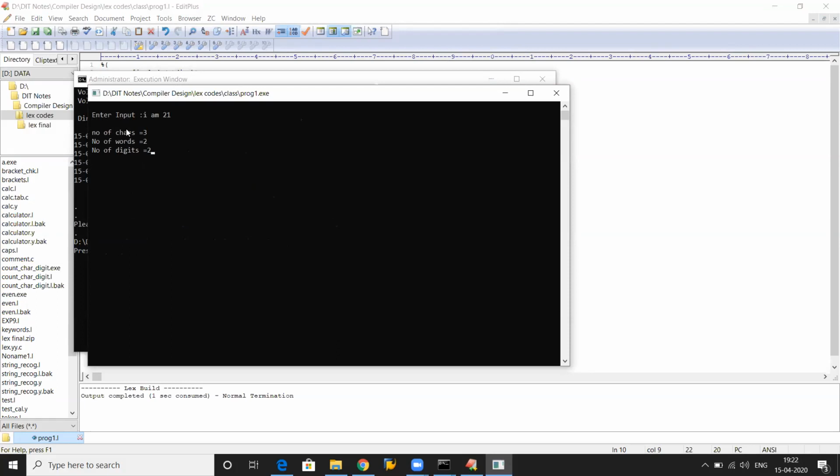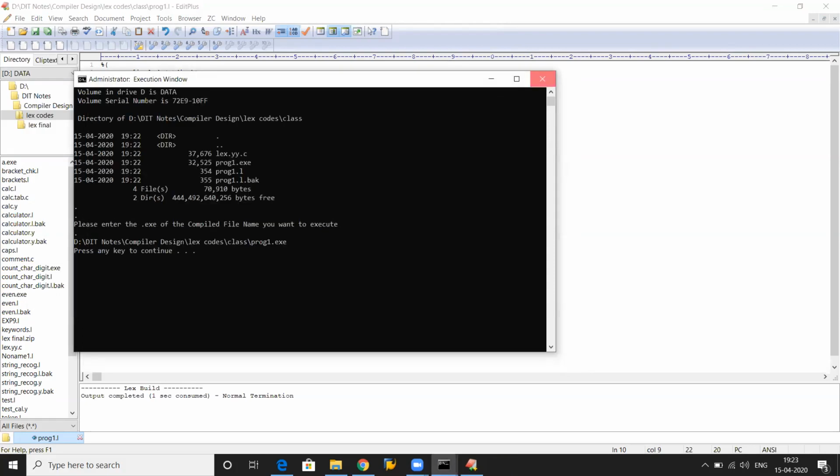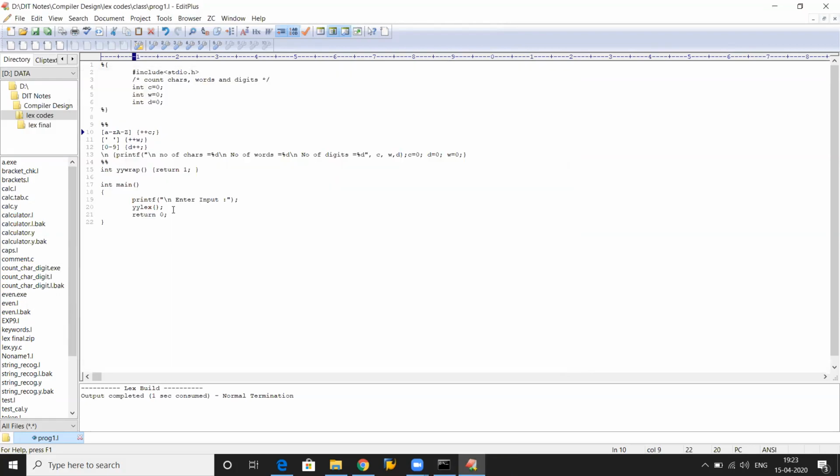Okay, so for number of characters and number of words, we have given the rule as a space. It will count the number of spaces, and then the number of digits, right? So this is the program for counting the number of characters, number of words, and number of digits.